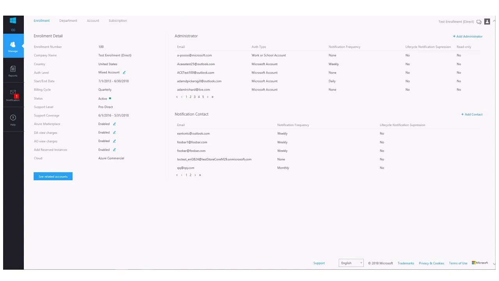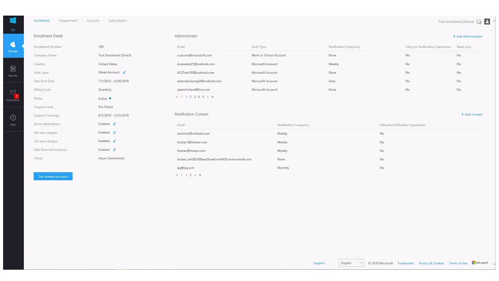The Enterprise Portal is actually just a layer on top of the Azure Portal. That's designed to help you manage multiple accounts and subscriptions throughout your organization. It also allows you to group those accounts and subscriptions into what we call departments, and assign administrators to those departments to manage those accounts and subscriptions. We'll dive deeper into the departments as well as the roles here in just a moment.